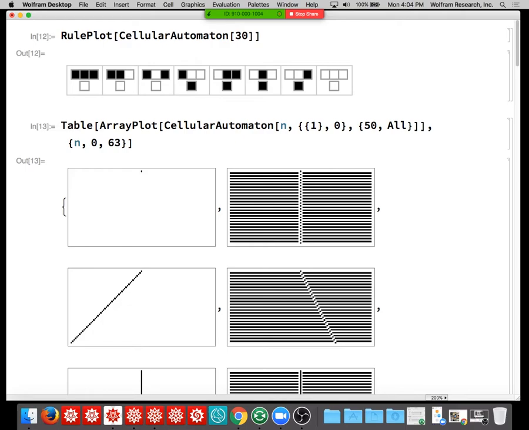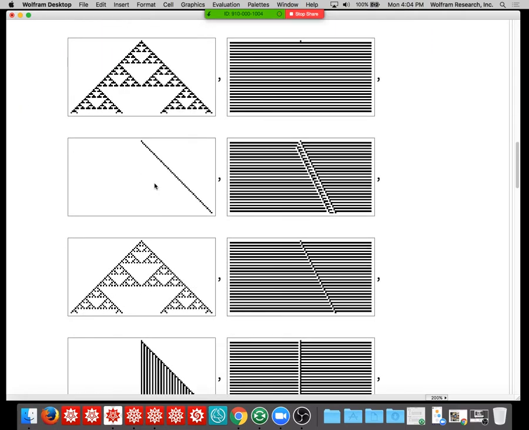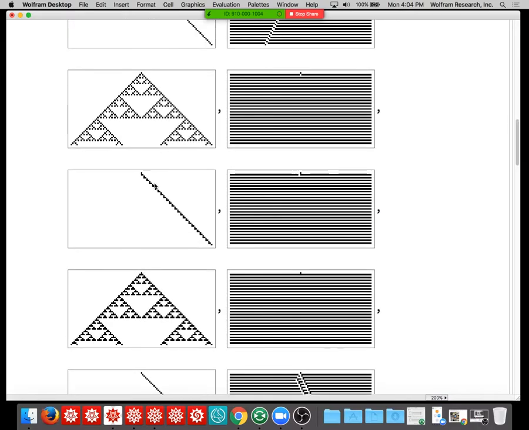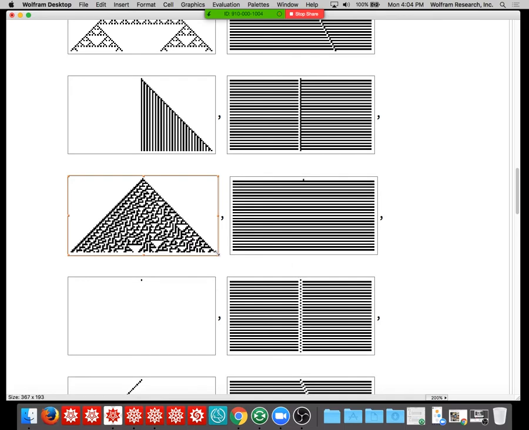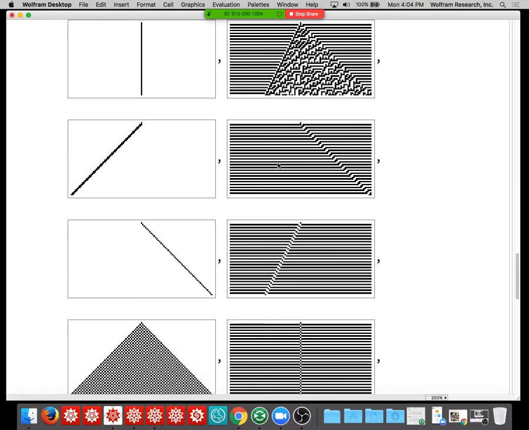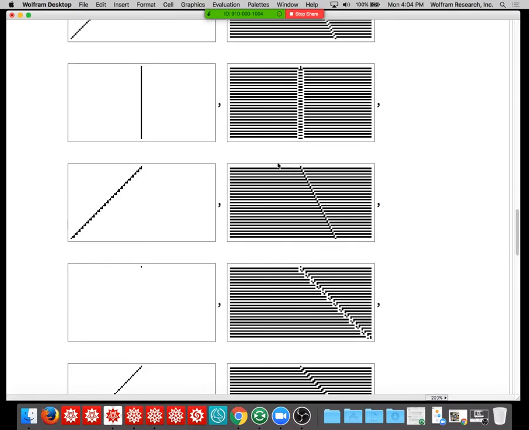Okay, here's what you get. So there's a single black dot at the top, and then various different kinds of things happen. Okay, so we get some nested patterns. Rule 30, my all-time favorite, produces this very complicated pattern, and that's the world of cellular automata. Now the problem is, between any two neighboring rules here, there's quite a big distance. There's only 256 rules altogether, and so as you make the change from one rule to the next,